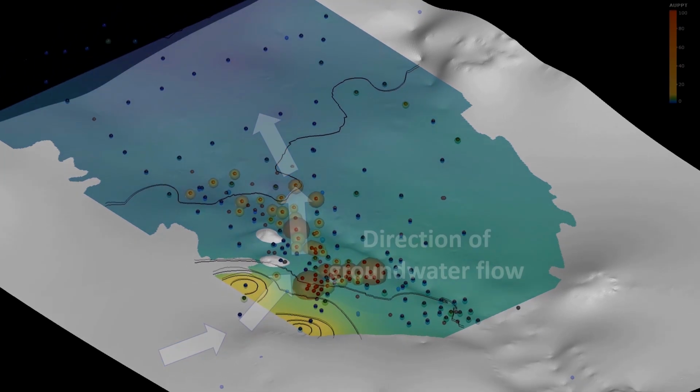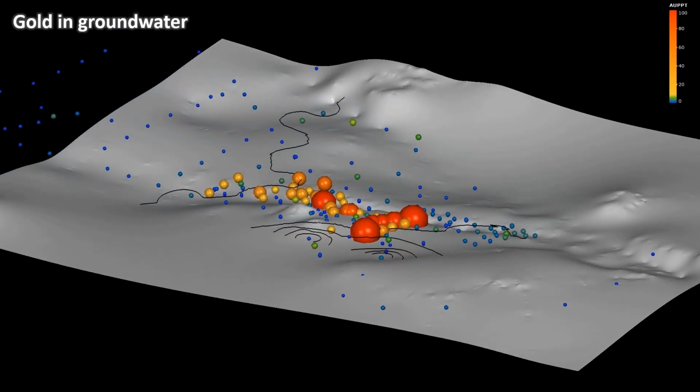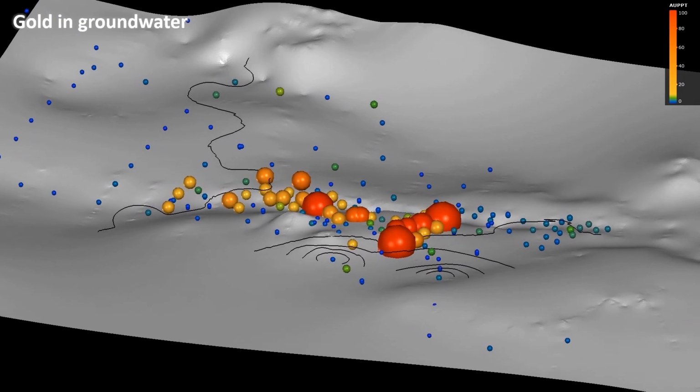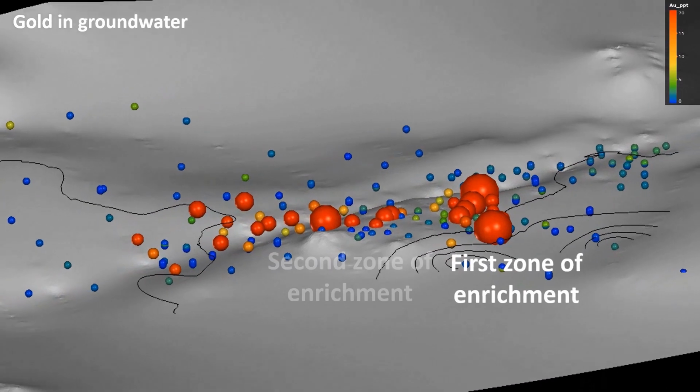When we review the pathfinder concentrations, in this case gold, something clearly changes as the groundwater flows across the middle of the project, where large amounts of gold are being added before returning to background with distance to the north. Exploring this data in 3 dimensions, we see an initial first zone of enrichment, which is followed by a second